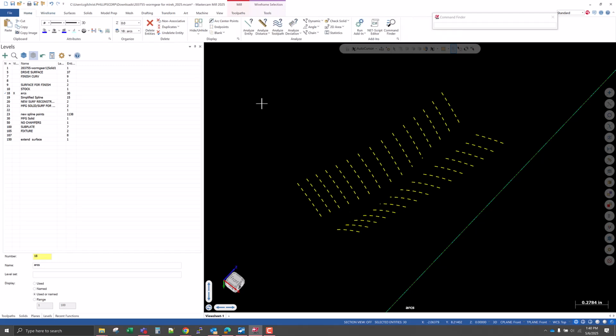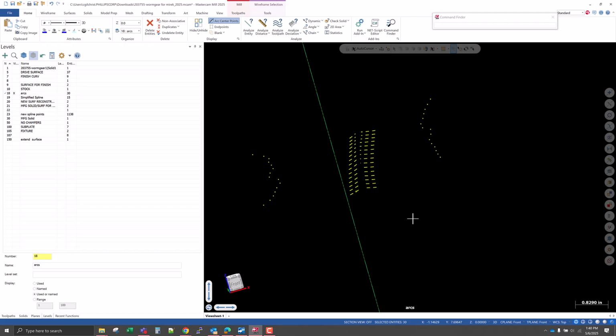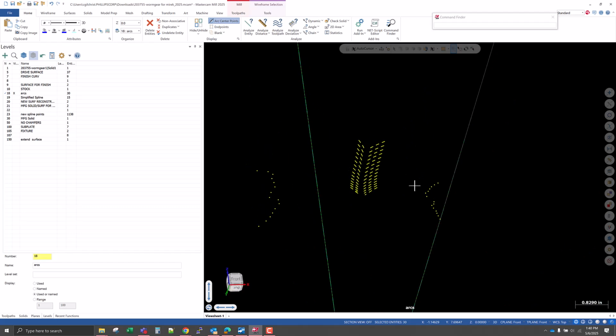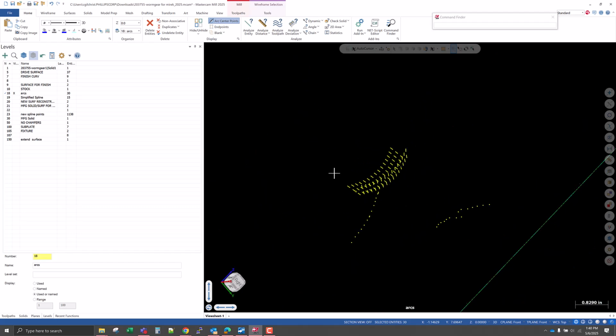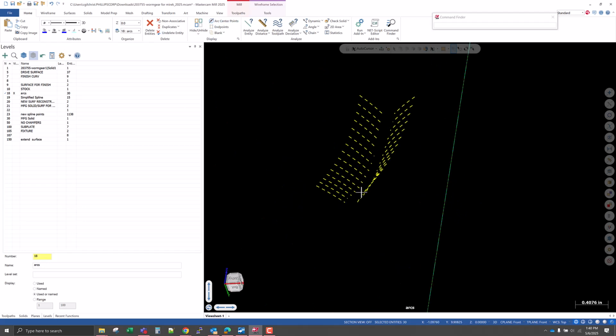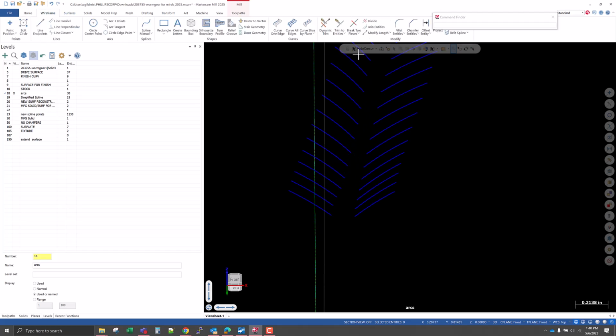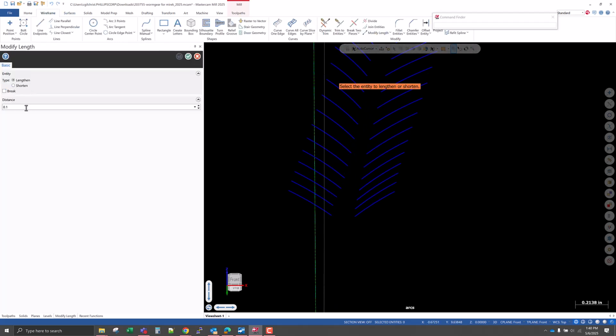So I'm going to go to my home ribbon. I'll turn on the visualization of those arc center points. Not super great as far as alignment goes, but that's okay. Just checking that out. And now what we can do, let's go in, wireframe, modify length, and I'm going to do